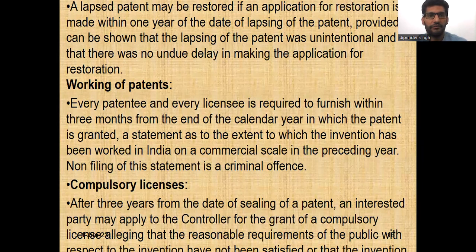Working of patents. Every patentee and every licensee is required to furnish, within 3 months from the end of the calendar year in which the patent is granted, a statement as to the extent to which the invention has been worked in India on a commercial scale in the preceding year. Non-filing of the statement is a criminal offense. Compulsory license: after 3 years from the date of filing of a patent, an interested party may apply to the controller for the grant of a compulsory license, alleging that the reasonable requirements of the public with respect to the invention have not been satisfied or that the invention